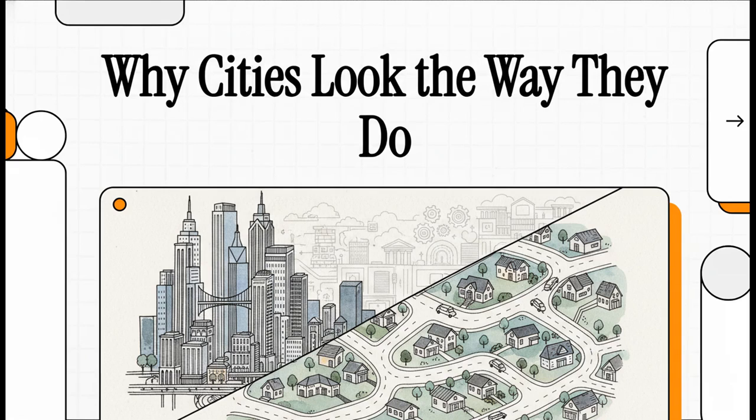Have you ever just stood in the middle of a city and wondered, why? Why are there towering skyscrapers here, but just a few miles away it's all sprawling suburbs? Well, it's not random. Not at all. There's actually a hidden logic at play, and today we're going to pull back that curtain and decode the blueprint